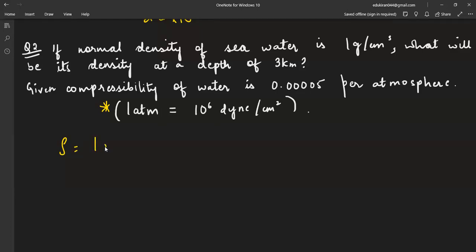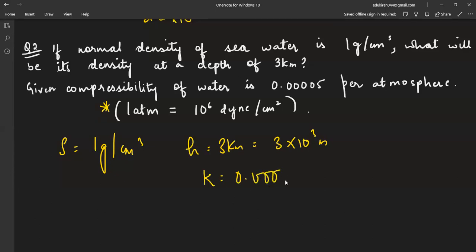What is the value of density given? 1 gram per centimeter cube. How much is the height? 3 kilometers. So that becomes 3 into 10 to the power 3 meters. Then K, compressibility. So K is given 0.00005, that is 1, 2, 3, 4,